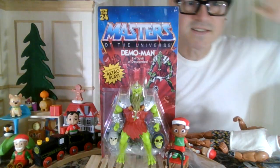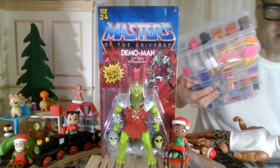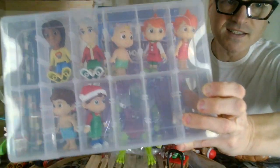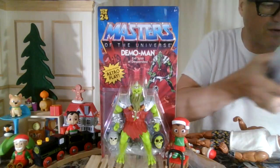Here, I'll sit Santa under the tree. I won't put him away into the box right away, but I will pull it up from some of the figures that we opened during this holiday season. I've been stuffing them in there. You can see his grandmother is Mrs. Claus. We got her quite a while ago. But let's jump into